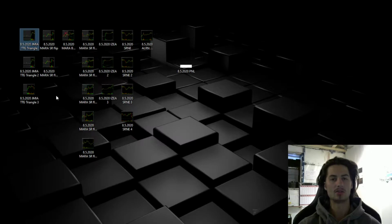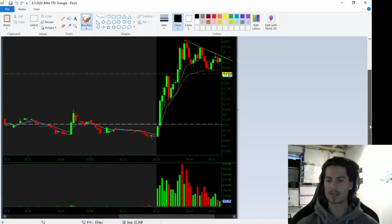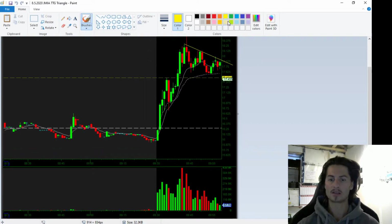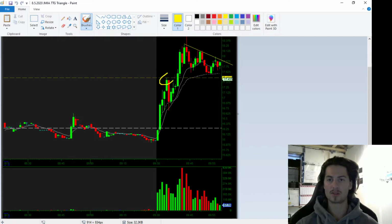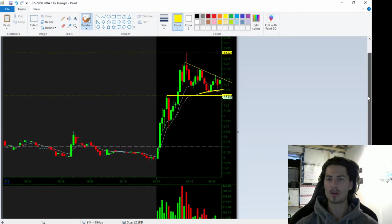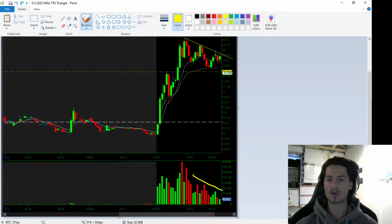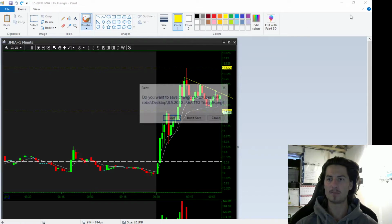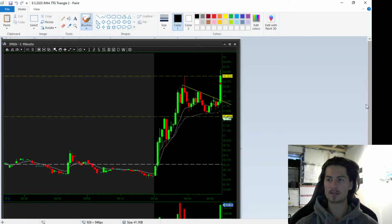was on JMIA. This is one of my setups, and this one looked really good. This was a TTG triangle setup. Here's your initial high of day, and here's that support line with VWAP. This one was looking really good. I had that downtrend line and the nice volume consolidation there. Alright, so what happened on this one was I hopped in here with just about 10 shares,